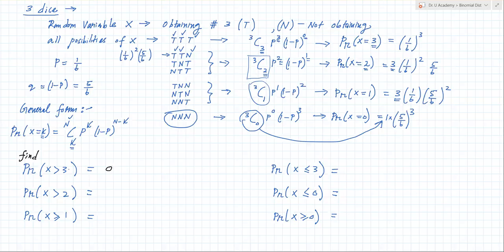For this one, the answer should be 0. So probability of obtaining 3 more than 3 times. Can you obtain 3 more than 3 times? No, you have to look at this. That's why I told you this general form you have to understand. I put these things so that I can explain this to you. Now here, what is the maximum value you can put here?